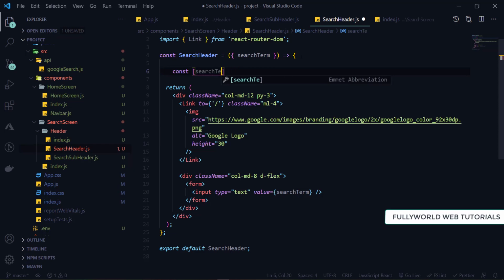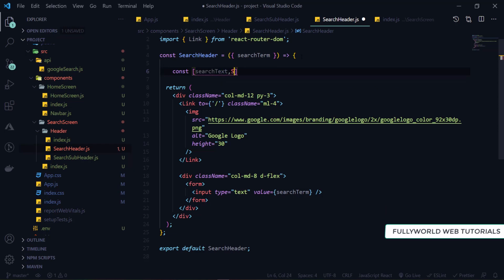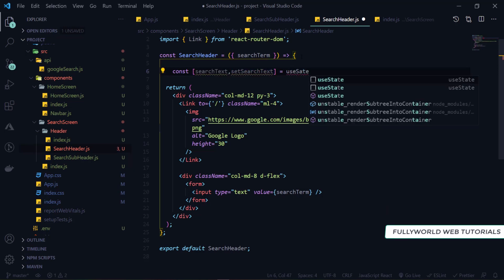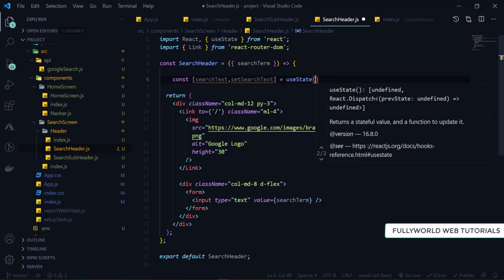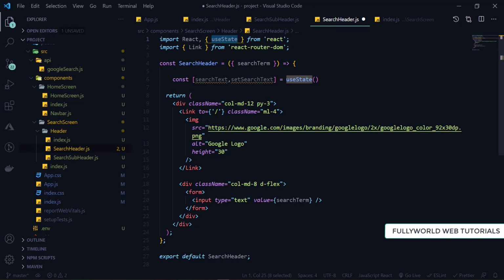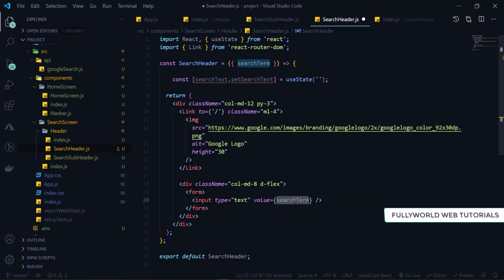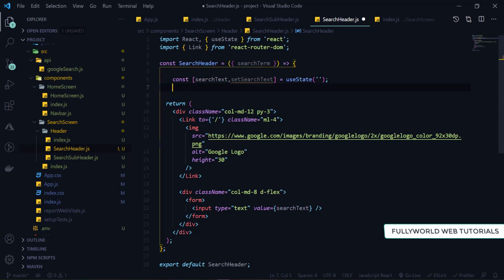See that now this useState is also imported here, and it will be having nothing. So now we are going to use this value here, so that will be our search text, and here we are going to use our useEffect hook, and this is our useEffect, and we are going to import it also from here. Then this useEffect will only depend upon our search term.